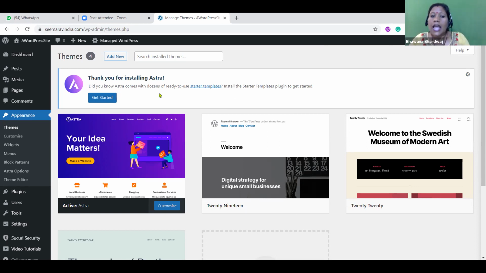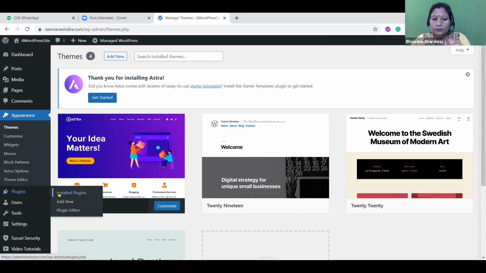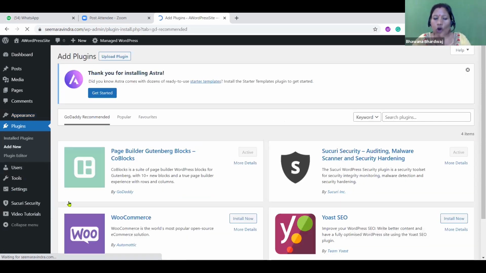Right, first thing. And second thing, even if you are not seeing this get started, and you are not seeing the starter template under the appearance, in that case, you will go to the plugin, right? And in that, you will click on add new plugin. And there you will look for a starter template. I'm just giving you all the possibilities because you are on a different system, different WordPress version, different Astra theme.